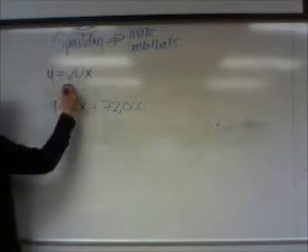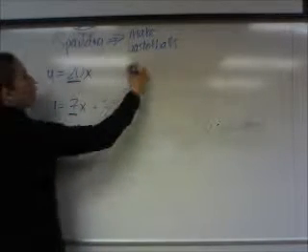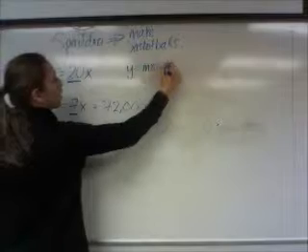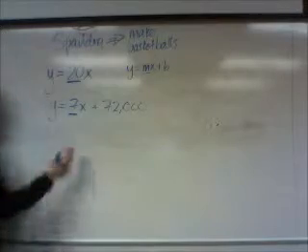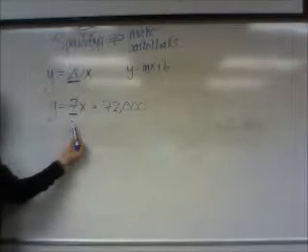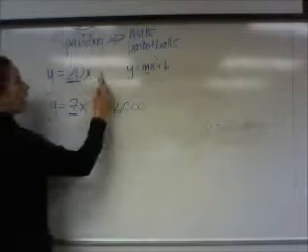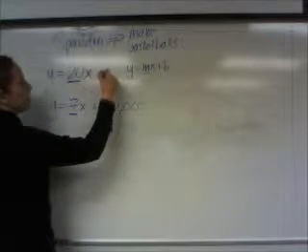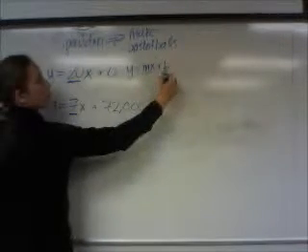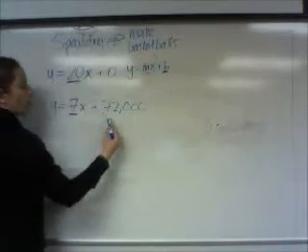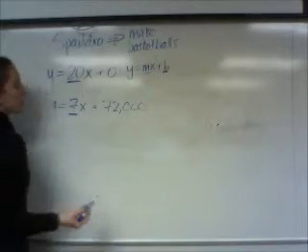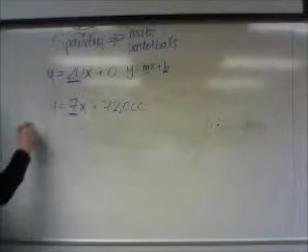remember y equals mx plus b, where m is your slope. So it's 20 over 1 and 7 over 1. And then you don't have a y-intercept here, it's just 0. So your b is your y-intercept. And you have a y-intercept here, it's 72,000, so it's really large. So if I were to graph this one,